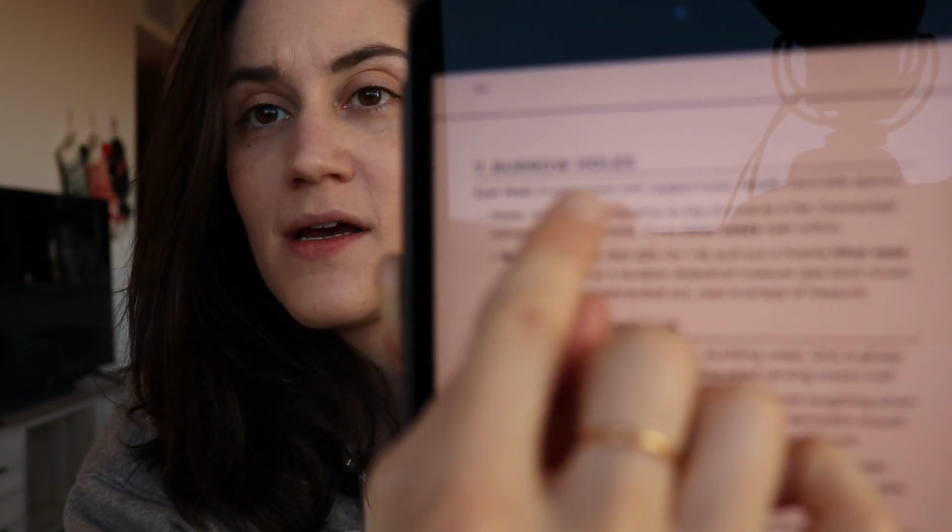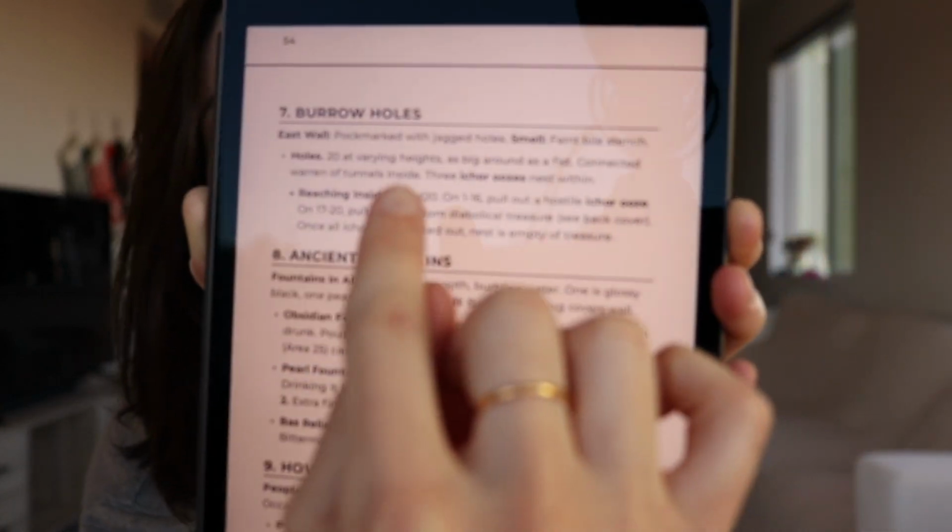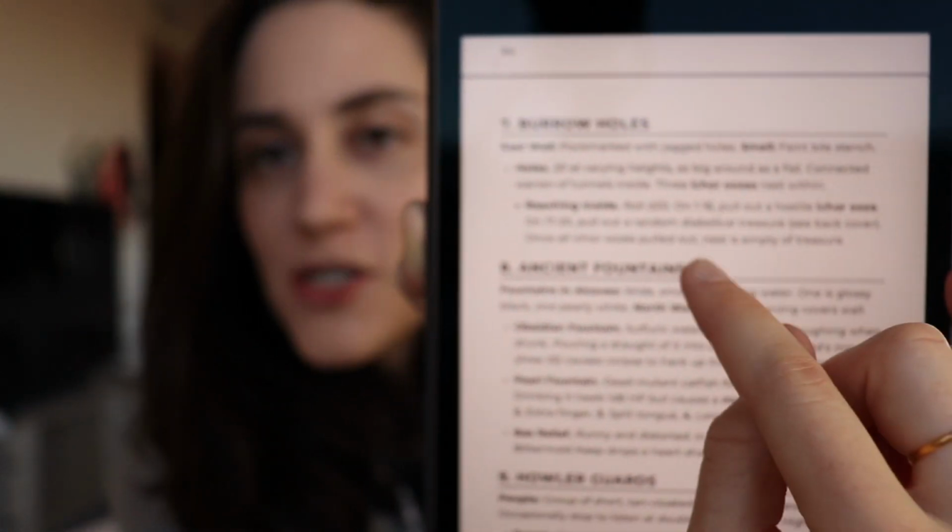So what you're gonna get at the beginning is a keyword with some description, like east wall, pockmarked with jagged holes. So it's kind of like not full complete sentences, but it's very easy to glance through the top portion here. What's up here? Let's see if I can get it to focus. And then the bulleted information down below is specifically for the game master and for development, like as the characters